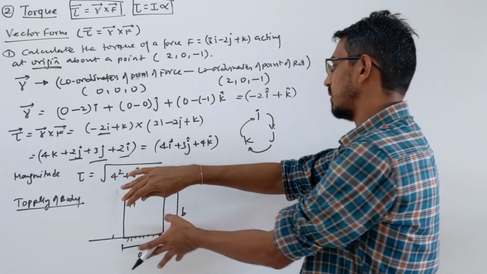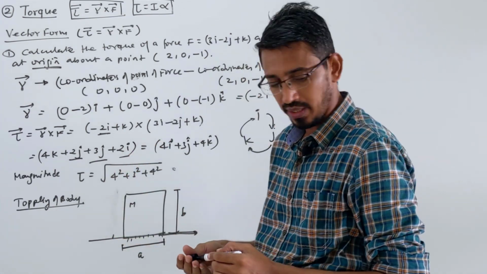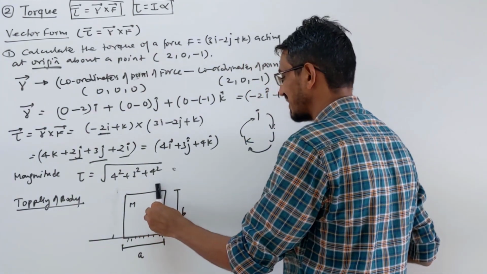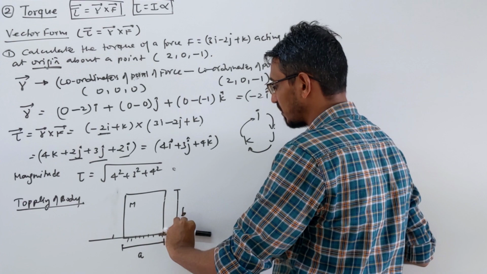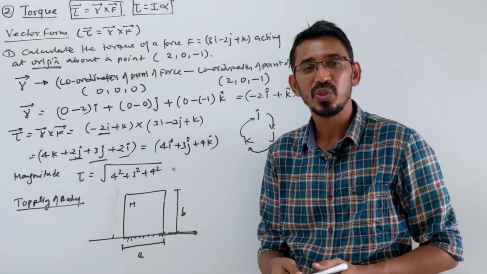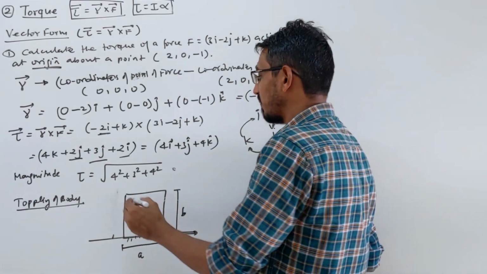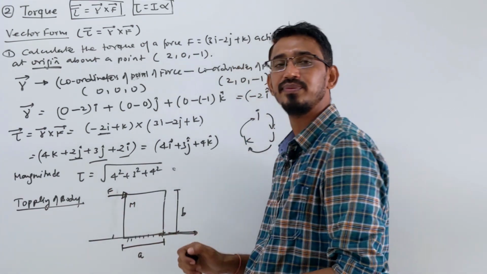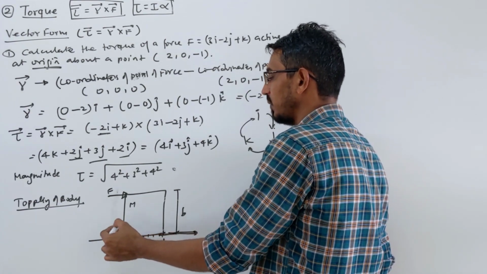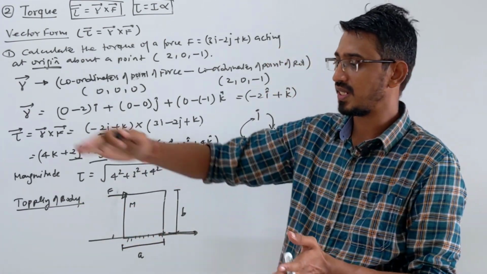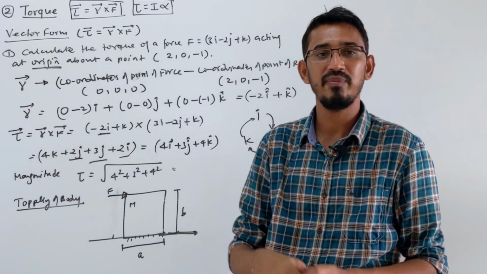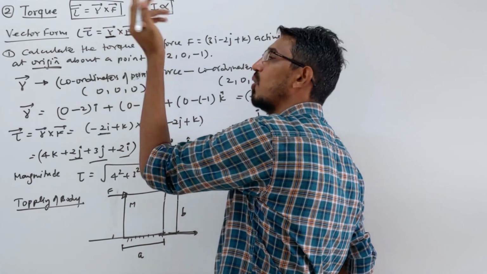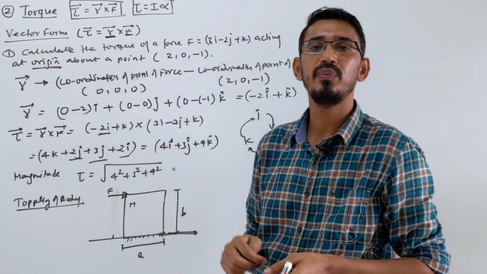You want to topple this, right? Hope you know the general meaning of topple, okay? I don't have a rectangular body here. Suppose this is the body, you want to topple means you want to put it like that way, okay? So you apply a force. So where do you apply the force? If you apply force at that point, that will be most efficient, you need minimum force, right? If you apply force at this point, you need higher force, because the more the distance, the less force you need to get the same torque, because the torque formula is R cross F. If you make this maximum, then you need this small. Correct. Just as I told you about the opening of a door.